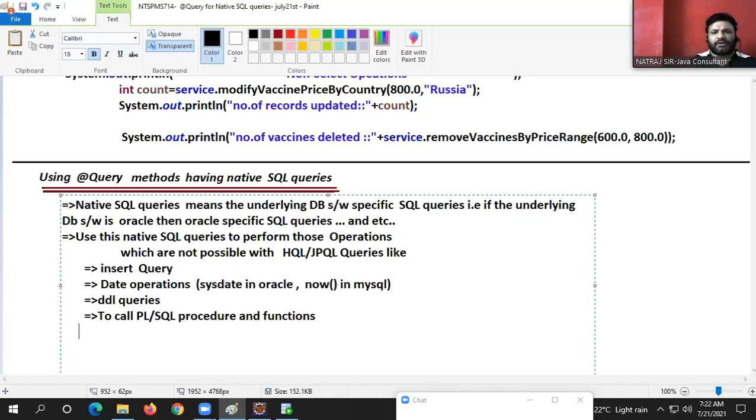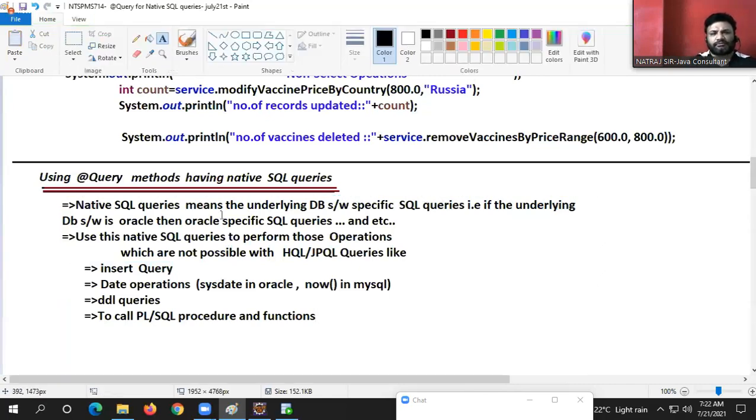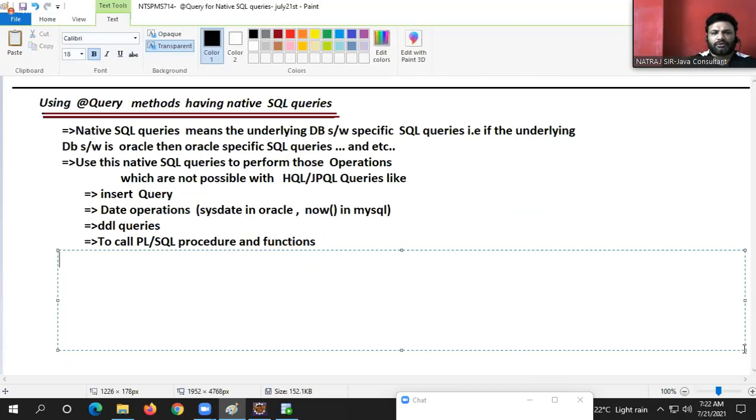I have not taken that concept. I will take that concept when I teach association mapping in Spring Data JPA. To call PL/SQL procedures and functions, yeah, all these are possible, guys. At this time, you have to place